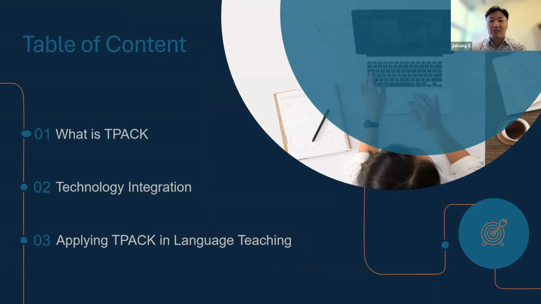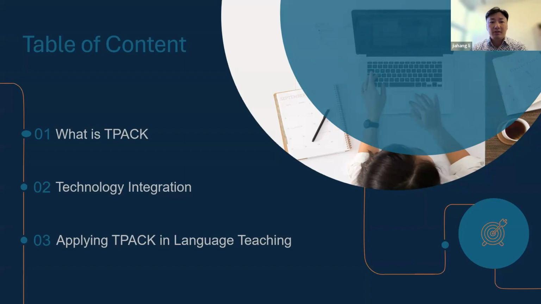Today we're going to cover the topic of TPACK in three aspects. First, I'm going to briefly talk about what TPACK is and then unpack it through different perspectives: the major three components, the content knowledge, the pedagogical knowledge, and the technological knowledge, and then the intersections of each bubble, and how that connects with language teaching.